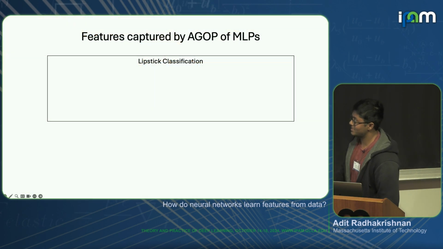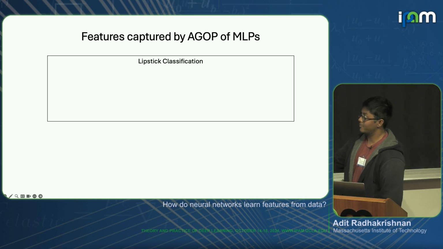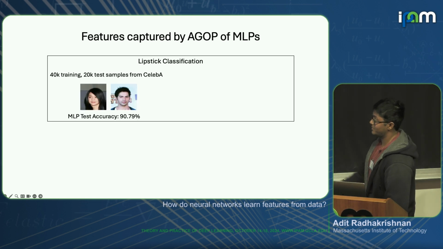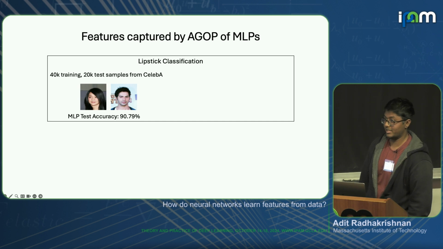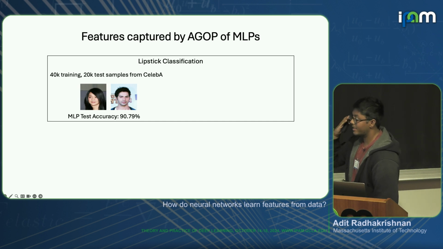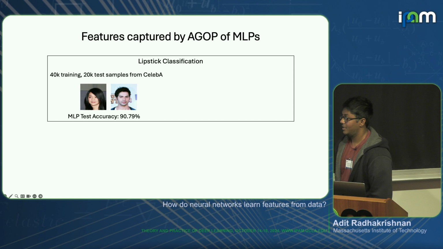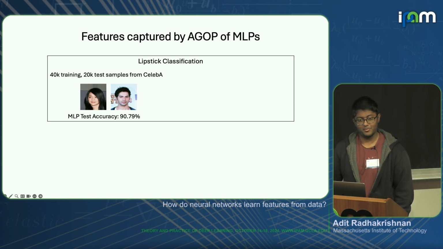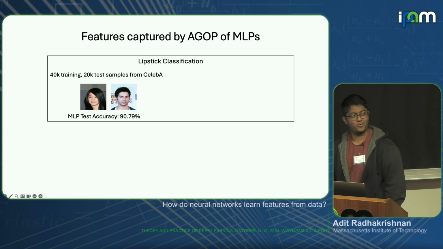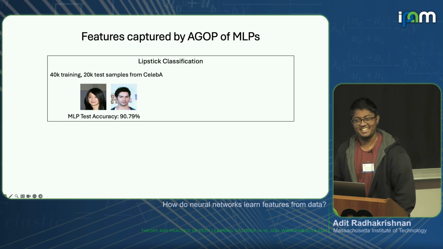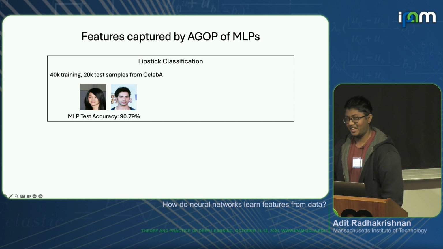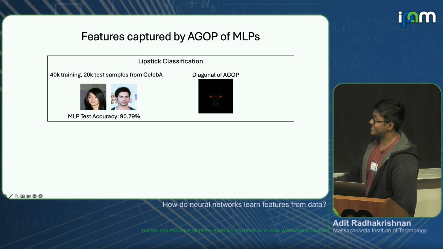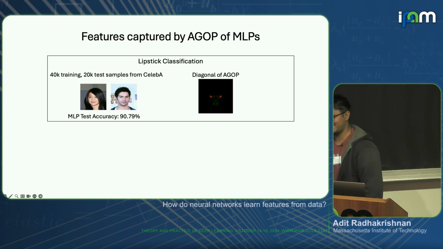OK, so what I'm going to do is we did glasses classification. Now we can do something like lipstick classification, taking the same data set, just many more samples. So I trained this model. I get 91% accuracy. Now I can ask, what are the most important features for predicting lipstick? For those of you who haven't seen this presentation before, any guess? So I thought hair as well. No, it's the eyes. So eyes are the most important thing for predicting lipstick.